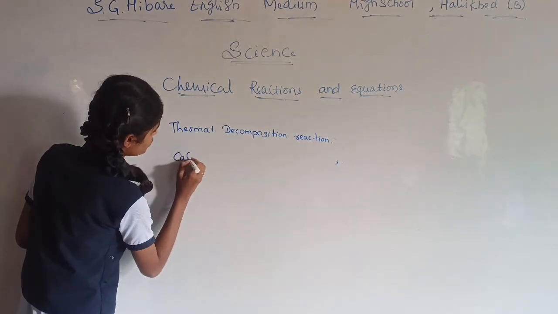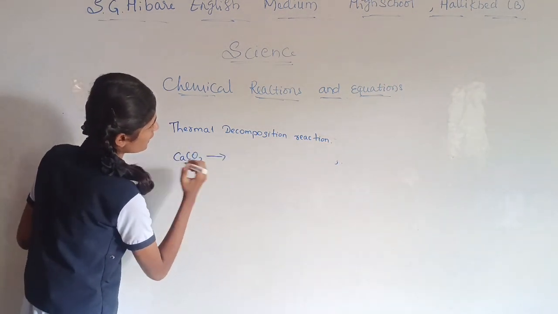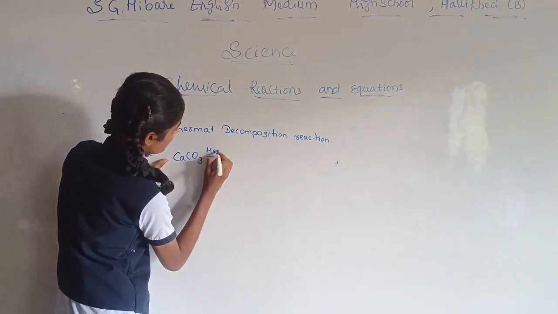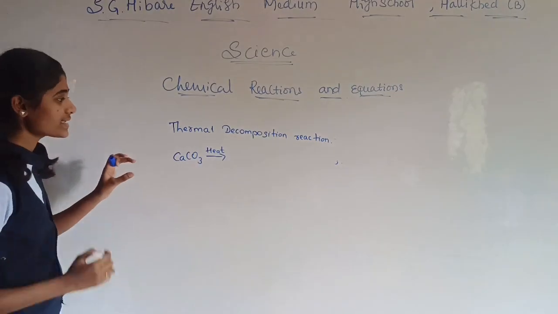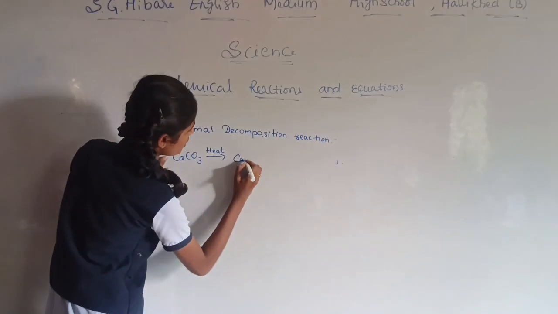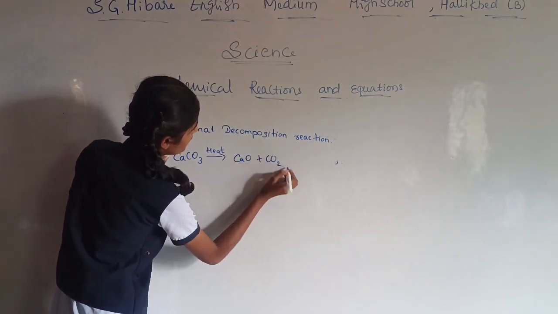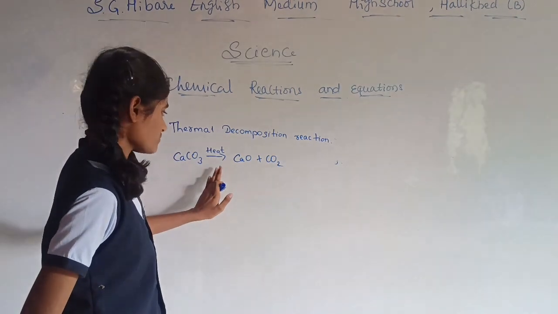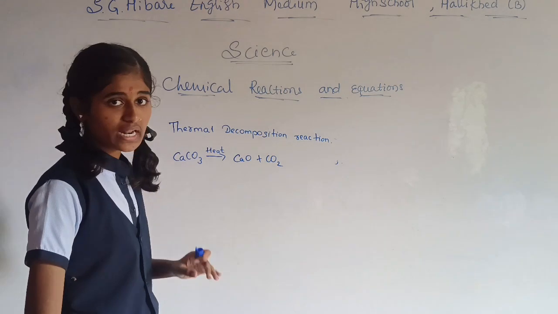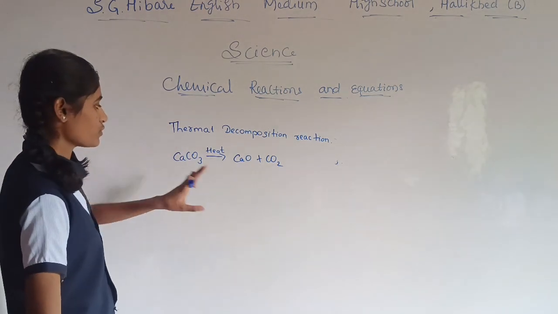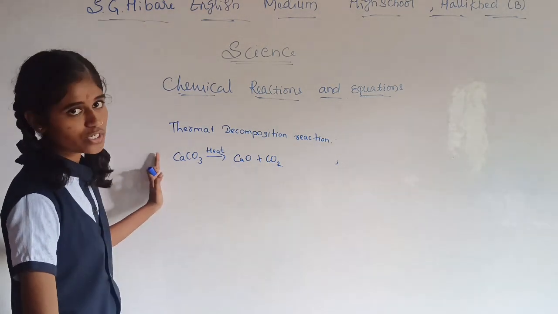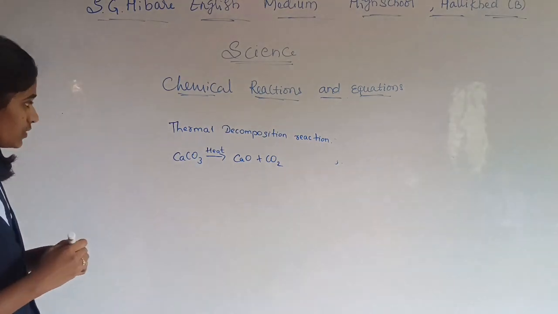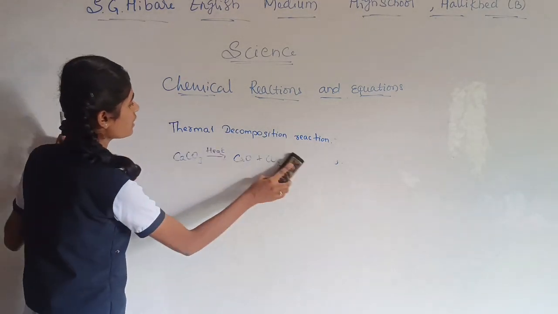For example, the example for the thermal decomposition reaction is calcium carbonate. By heating, it is separating into calcium oxide and carbon dioxide. So by heating the calcium carbonate, the calcium oxide and carbon dioxide are separated. It is a type of decomposition reaction where heat is used to decompose or separate the compounds. So that's about thermal decomposition. Now